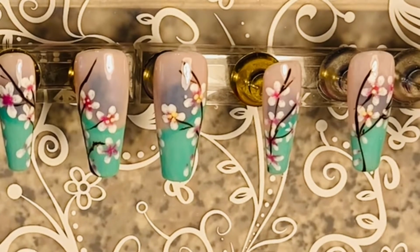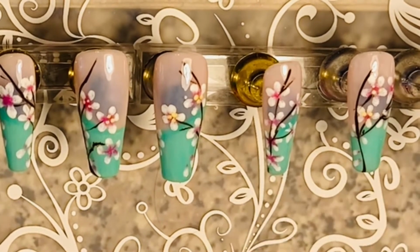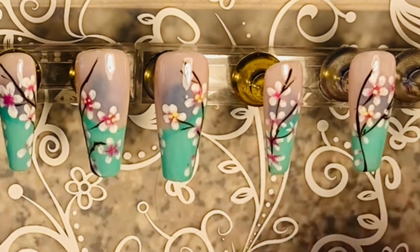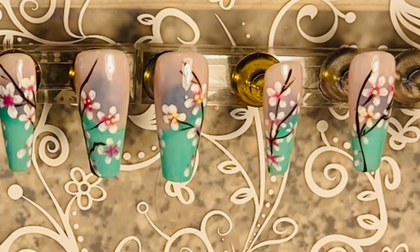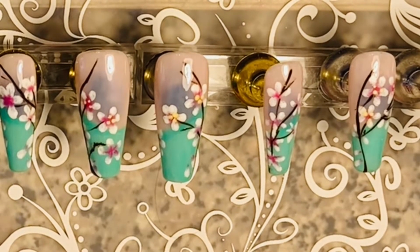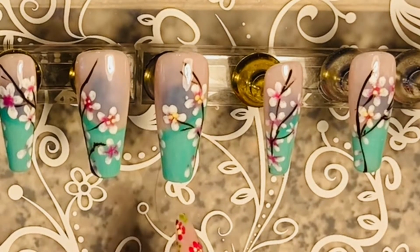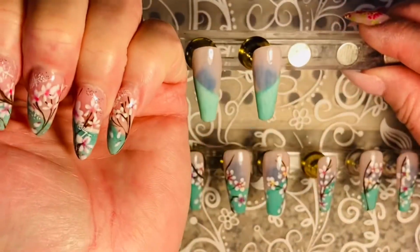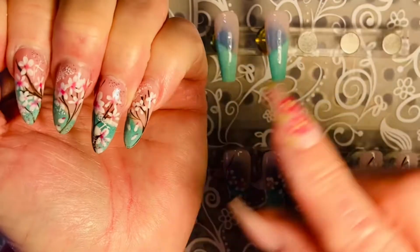We're gonna focus on something fun now. Since we're coming into spring, and one of my absolute favorite seasons and flowers are these. And so I'm gonna show you how I did this. And this is freehand. So doing it on your own nails, like I did, you're gonna wanna do the prep